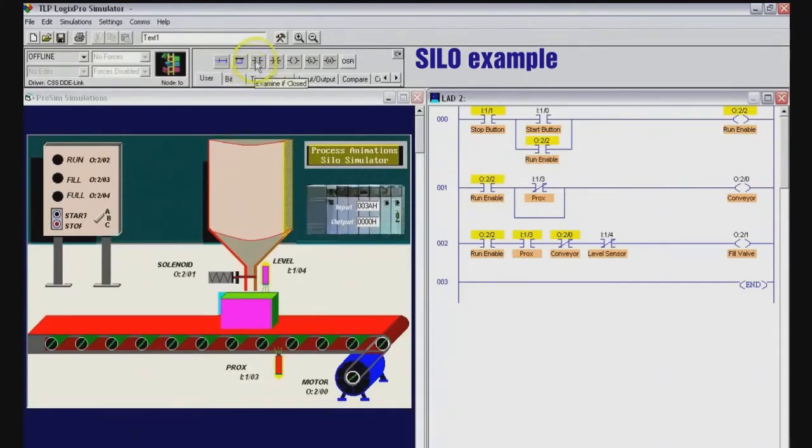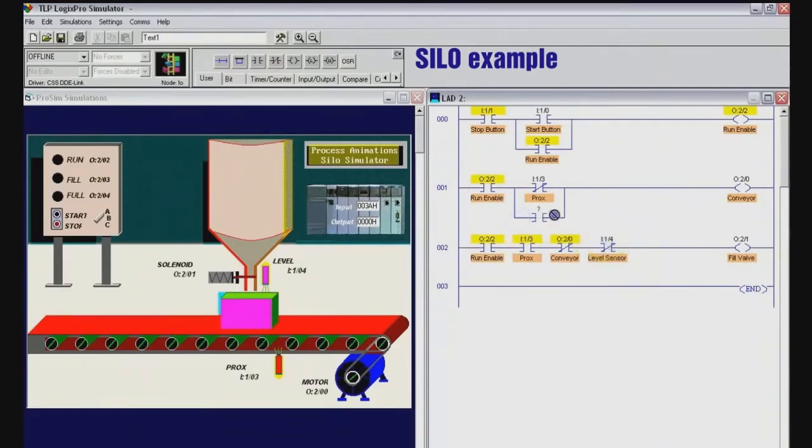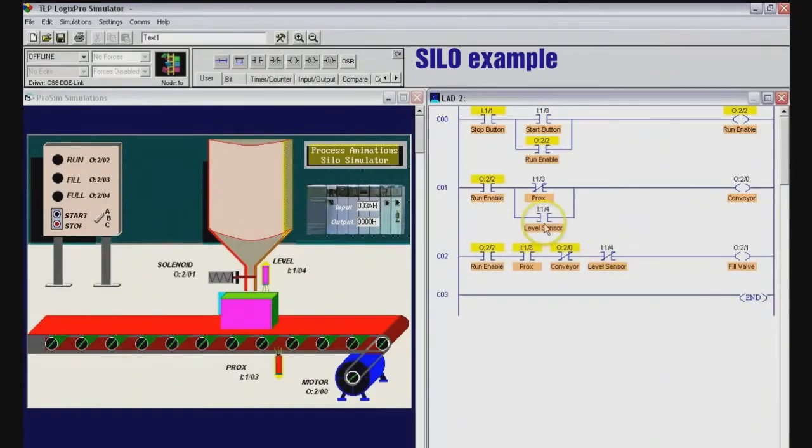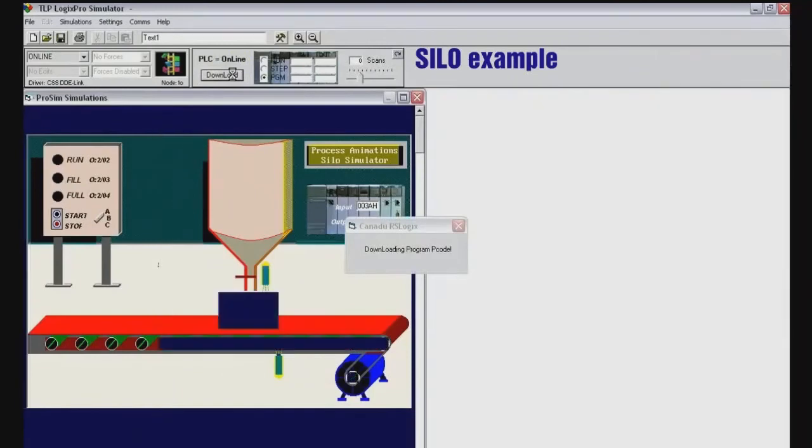So what tells me the box is full? The level sensor comes on. So I pop the level sensor in here. Say when the level sensor comes on, start moving the box. Makes perfect sense. I know this is going to lead to more problems, but for now that's the next best step. I download,